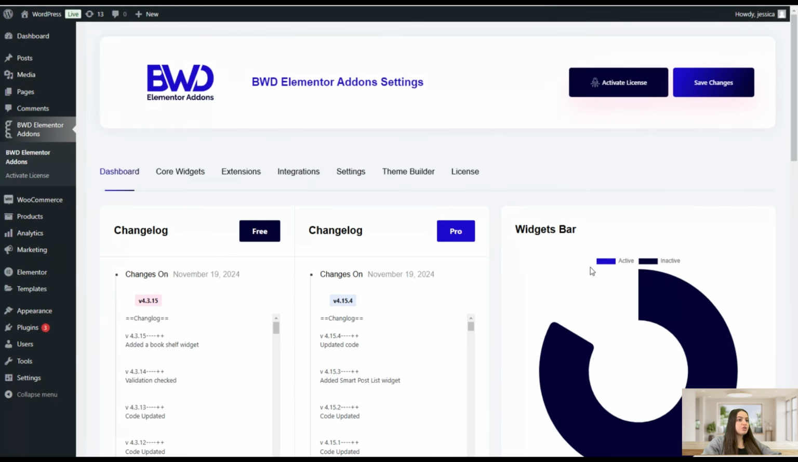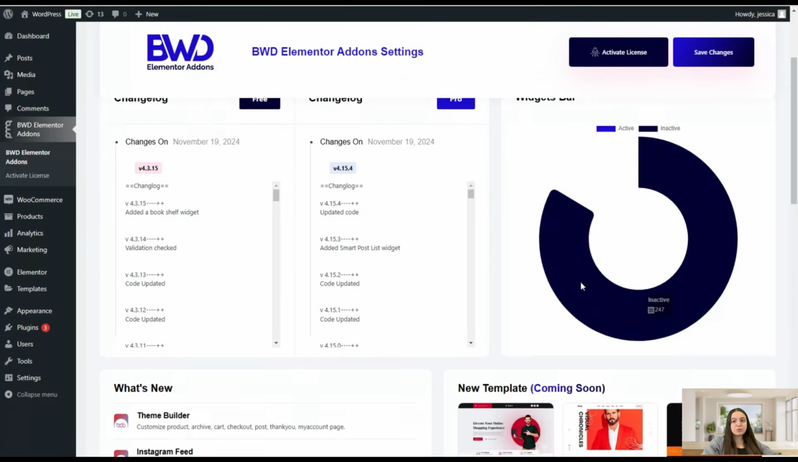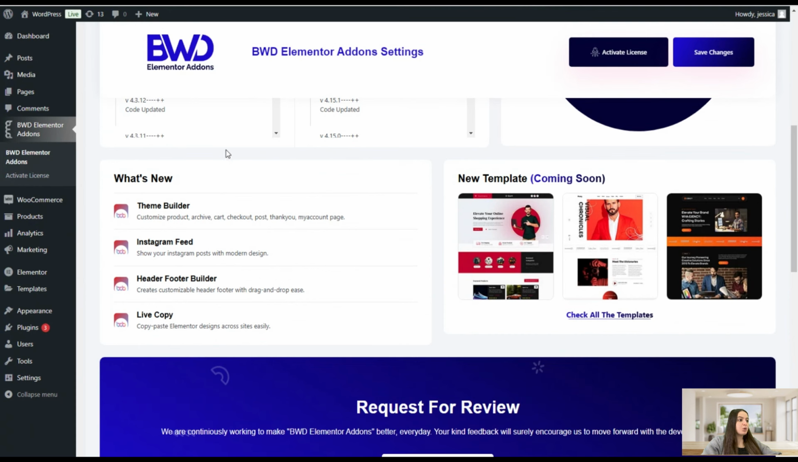Here you can see the widgets bar, active widgets and inactive widgets. Then comes the what's new part. Here you can see what has been added quite recently, for example theme builder, Instagram feed, etc. Then comes the new template coming soon part, and here you can see what will come soon to the plugin